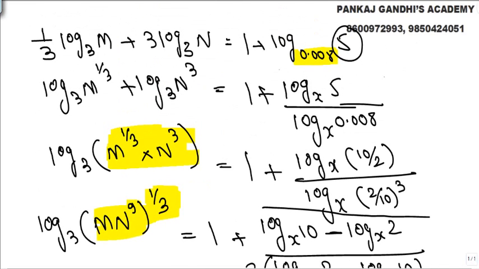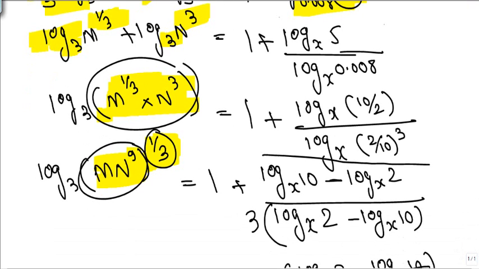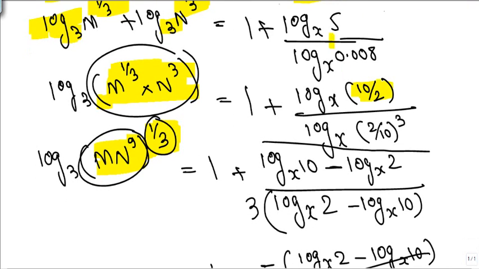Now look at what was written. Look what all we did. This part has to stand out. This is 10/2 and this part has to stand out. This is a normal property, log to the base 3, this went up raised to 1/3, this went up as 3. Now this part is given as 9, so multiply by 3 here and raised to 1/3 here. The more important part we talk of now, this 5 can be written as 10/2, this 5 and this 2/10. This is where our mind worked, this is where the common value came.